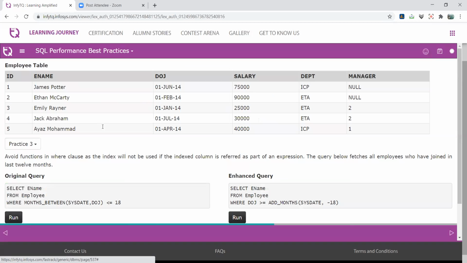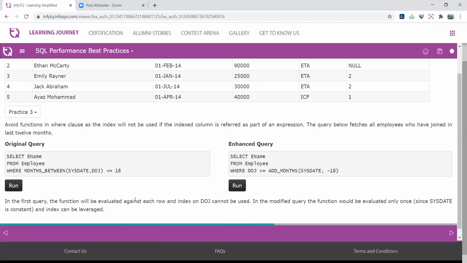Now, next part. Again, this is an important thing we already discussed in index concepts, right? So again, we focus on that part. Avoid functions in the where clause, as the index will not be used if the indexed column is referred to as part of an expression, right?